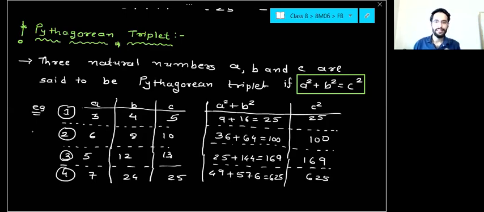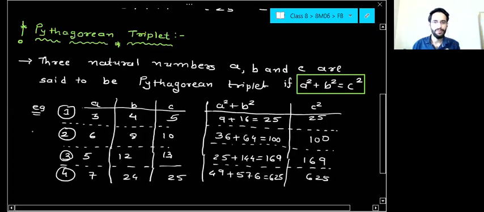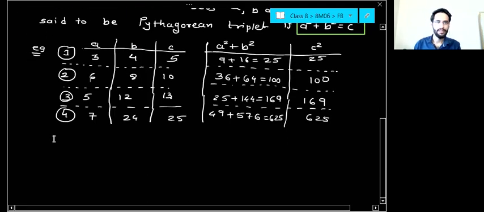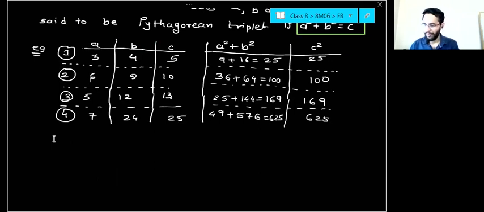Just type yes in the chat box, or you can click yes on the participants box. And if you are having any doubt, ask me. Even you can unmute yourself and speak. Yes sir, yes sir. I want to hear so many yes. If it is clear, just unmute yourself and tell me yes sir. Yes, sir. Great, great. And after speaking, make sure that you are muting yourself again.